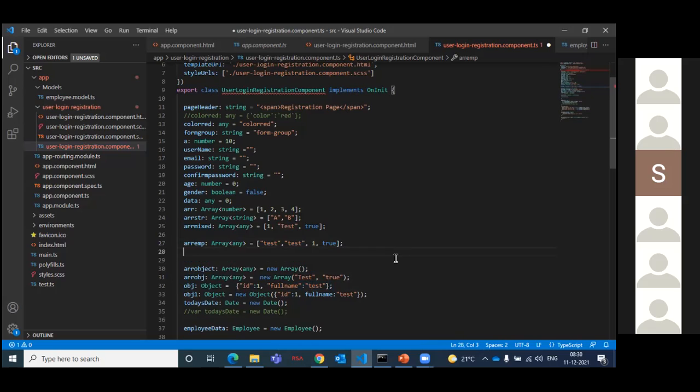Can we represent the same in an object? obj employee, I'm creating. Object is equal to. For arrays, use square brackets. For objects, use curly braces. Can we copy the same data? Yes, we'll copy and paste, but an object has keys.